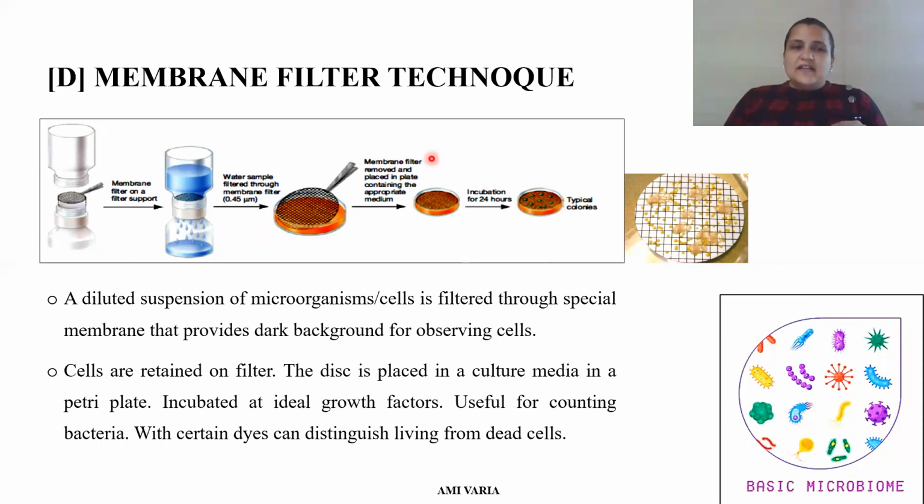In this method, a specific type of membrane filter is taken and placed on a filter support, then the sample is passed through the membrane filter. Generally, this method is used for detection of bacteria present in water or liquid broth samples. After passage of the sample, the filter is removed and placed into a sterile empty petri plate or onto a ready-made culture medium agar plate.